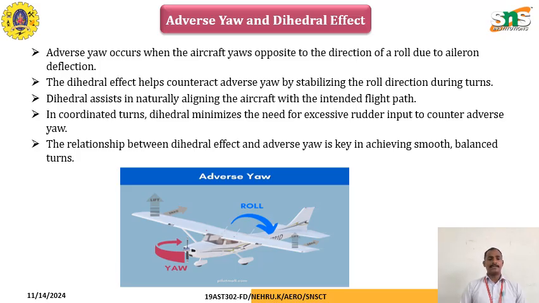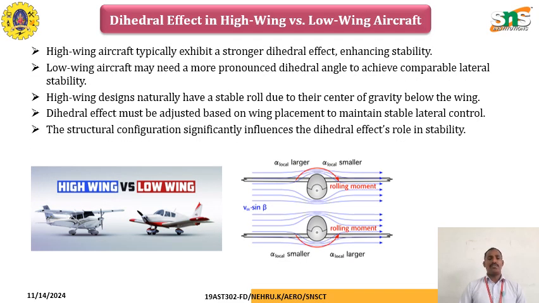So dihedral assists in naturally aligning the aircraft with the intended flight path. In a coordinated turn, dihedral minimizes the need for excessive rudder input to counter adverse yaw. So the relationship between the dihedral effect and adverse yaw is key in achieving a smooth and balanced turn of the airplane during maneuvering. So the effect of dihedral in high wing and low wing aircraft is different